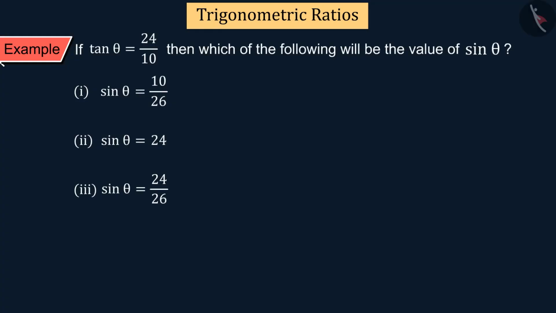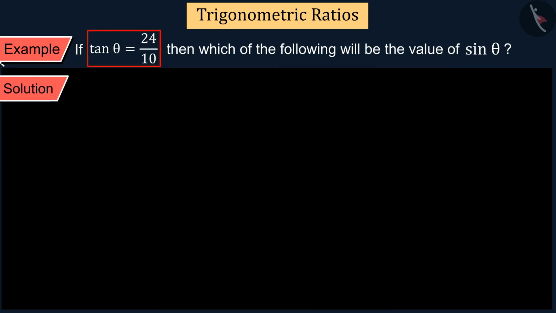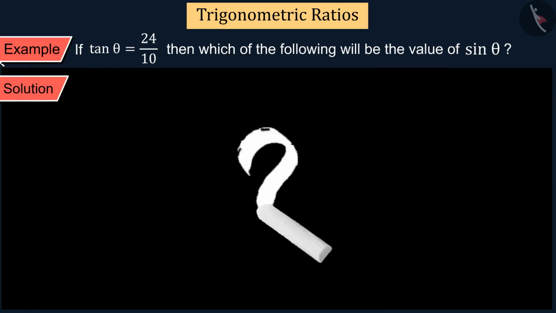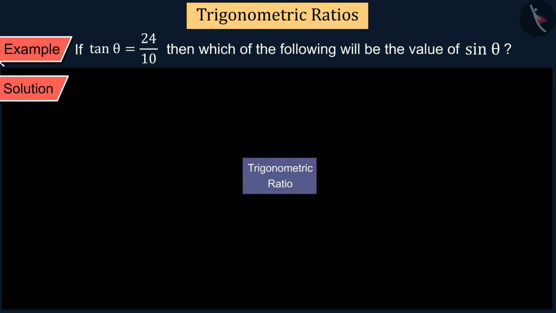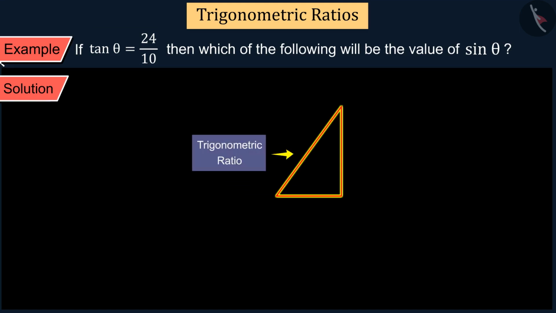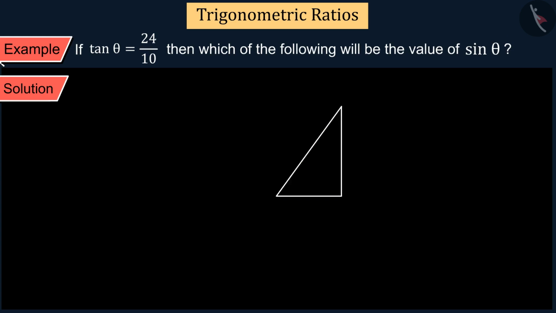In the question, we are given tan theta equals 24/10 and the value of sin theta is asked. Can you tell what we need to do first? Perfect! We know that trigonometric ratios represent the ratios of two sides of a right angle triangle. So first, we draw a right angle triangle called PQR, in which angle Q is right angle and angle R